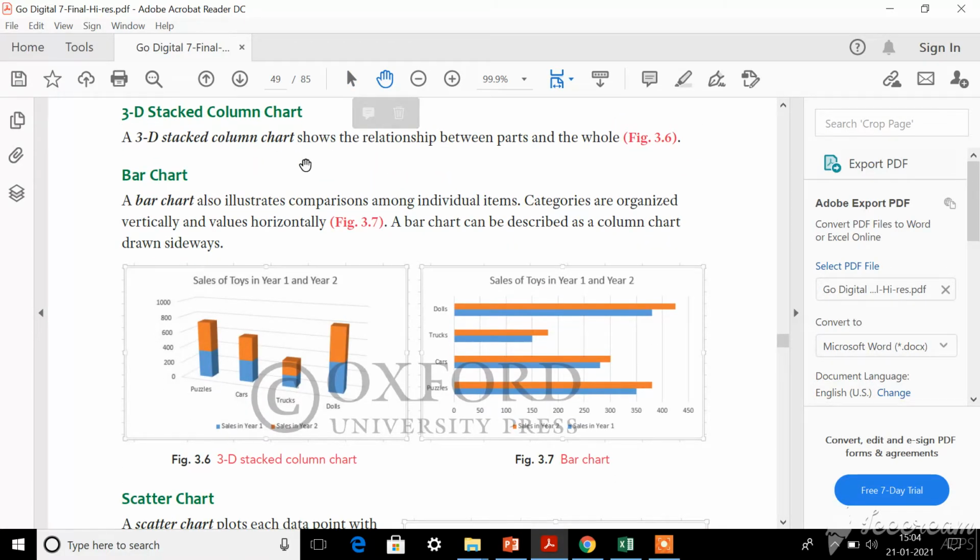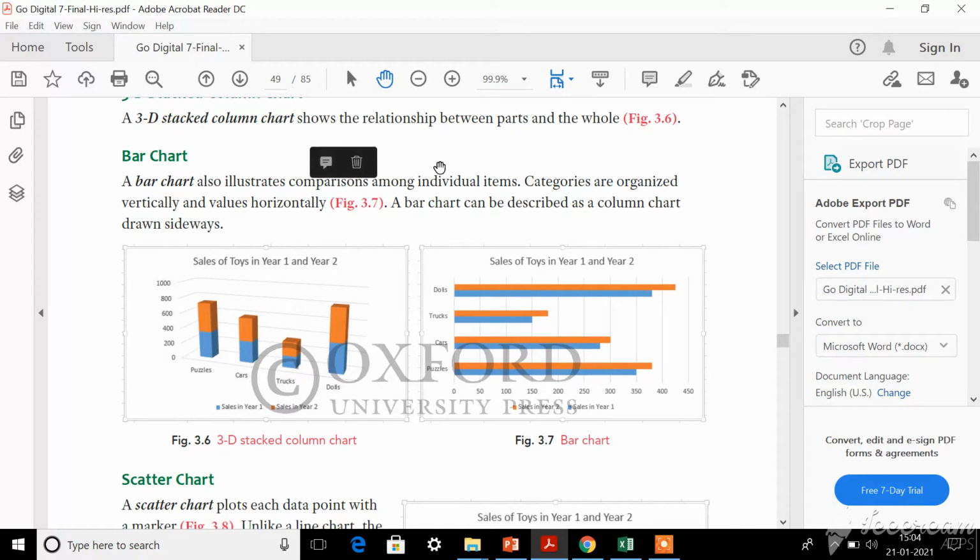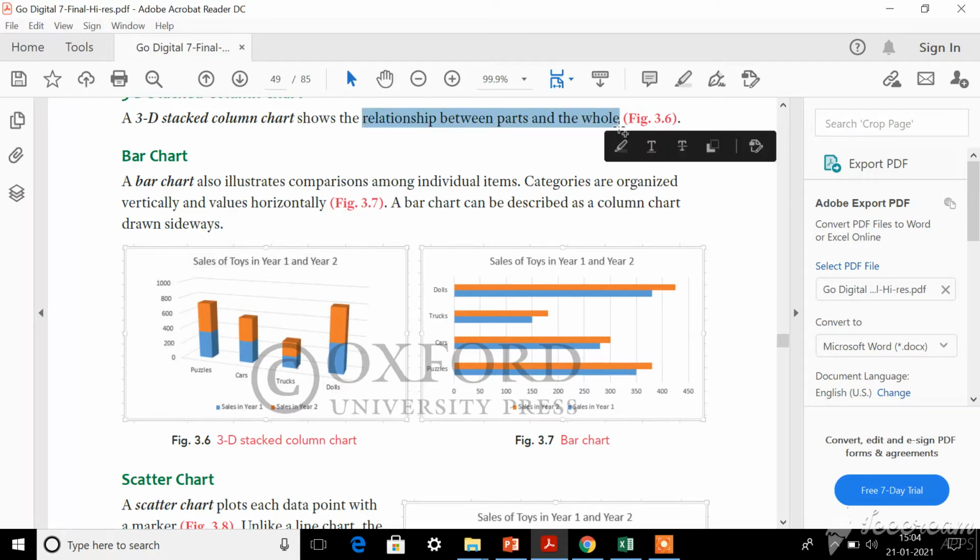The next type of chart is the 3D stacked column chart. It is used to show the relationship between parts and the whole. Now take your pencil and underline this, dear children: relationship between parts and the whole. Whatever I ask you to underline, you need to underline at once.